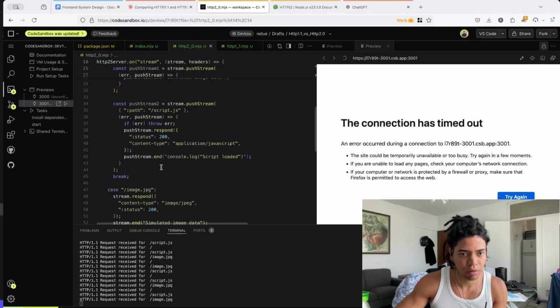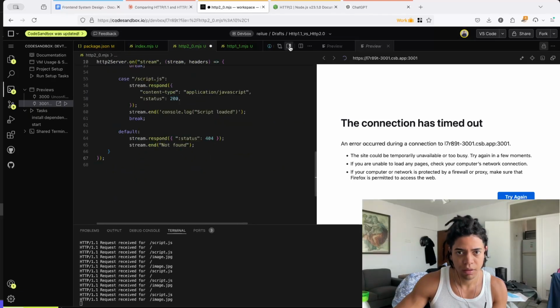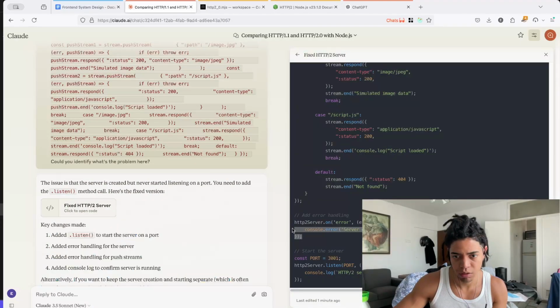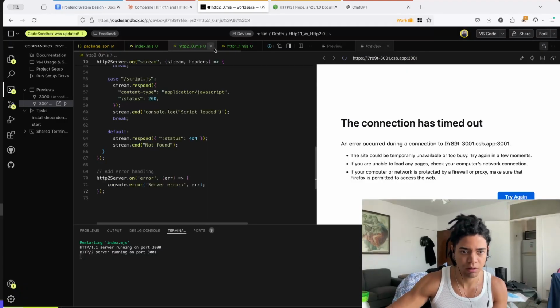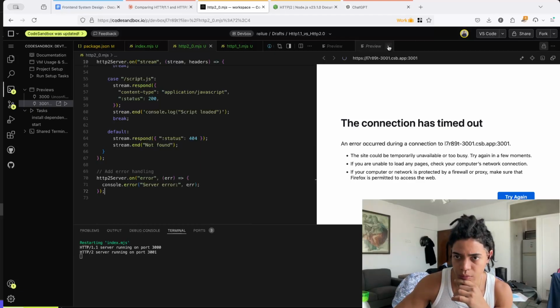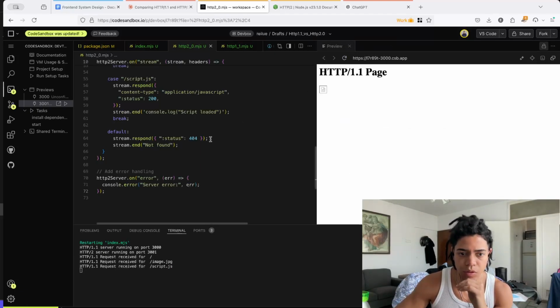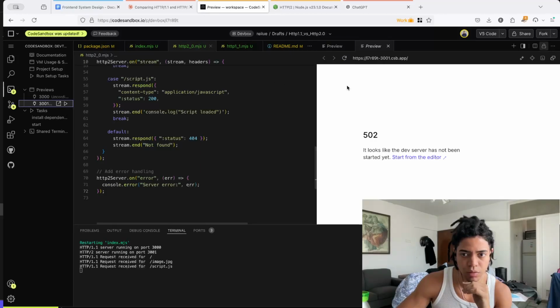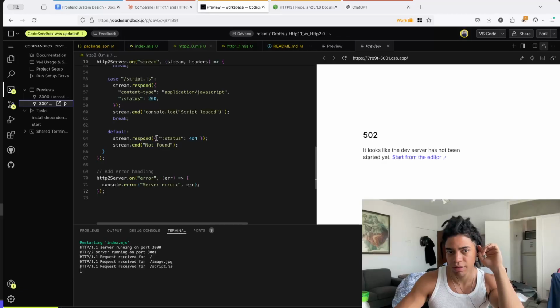Because this is only on this. Let me actually now attach the on error to actually know what went wrong. Okay, and then do this, right? Okay, cool. So HTTP1, it actually works as expected. By the time we go to this, right? By the time we go to this, it's like